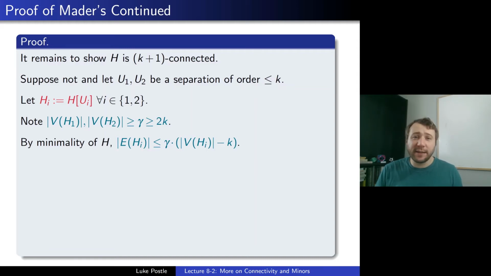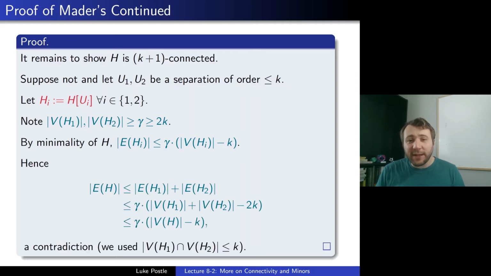We know that E of Hi is at most gamma times V of Hi minus k. So we just determined that, and hence E of H is at most the sum of those two, which is gamma times V of H1 plus V of H2 minus 2k, and then that's at most gamma times V of H minus k, which is of course a contradiction,